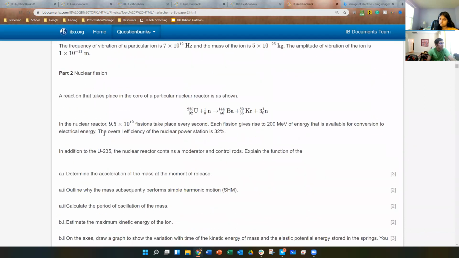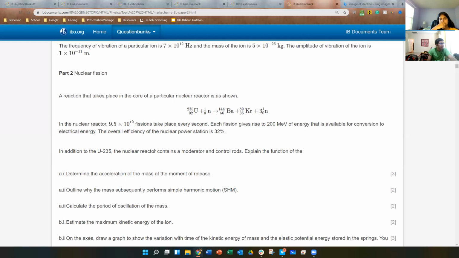That's the last nuclear fission. We did this one. No, we haven't. Right. This one's new. Yeah, I think it's new. Reaction that takes place in the core of a nuclear reactor. Okay. They tell you that this many fissions take place every second. Each fission has this much energy, built for conversion to electrical energy. The overall efficiency is that much. In addition to